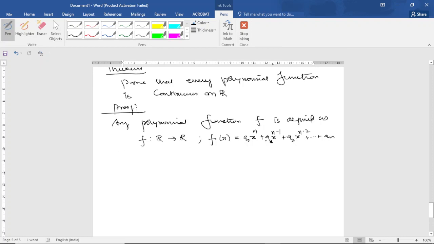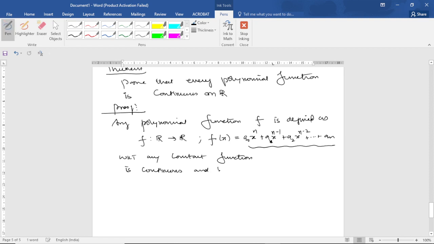Now, see the right hand side, this function is defined like this. We know that any constant function is continuous. Any constant function, that is f of x equal to c, is definitely continuous. Any constant function is continuous,